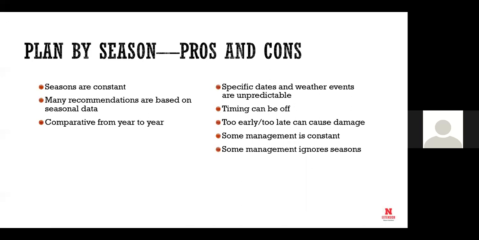By that, I mean there are 4 of them. I don't mean they start or end when we think they should, but they're pretty close. Many recommendations that we make for managing living plant material are seasonal. They're based on a season. In the spring, you do this. In the fall, you do that. And you can do some comparative stuff from year to year, just like we were talking about what bloomed when before. When did you get to cut back? When did you have to stop pruning?